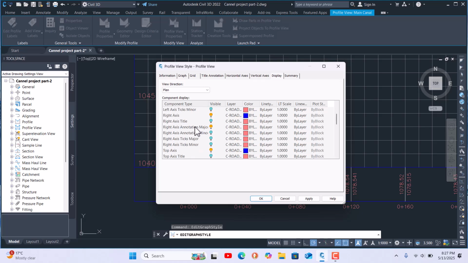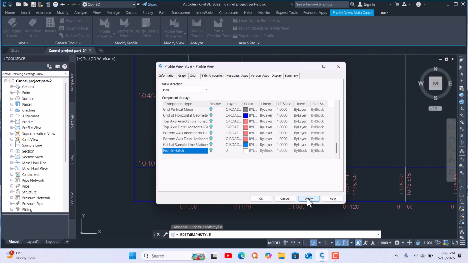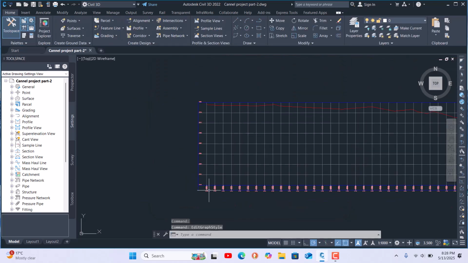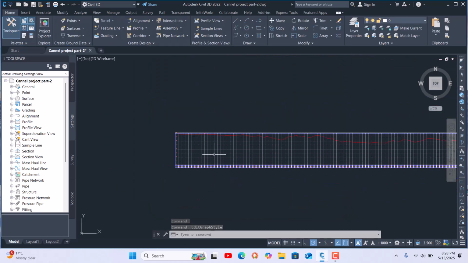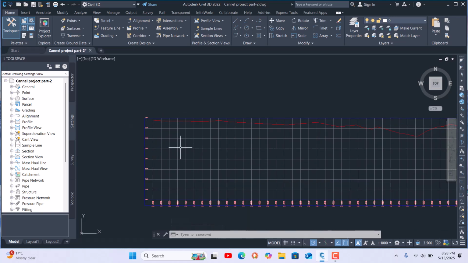And here you come directly to the grid. These are more things we'll explain in another chapter. So come to the grid: horizontal major is okay, but minor I don't want. And for the vertical grid I want major, but I don't want minor. So just click once here to turn off the layer. And here we don't have a profile hatch and we don't want it, so turn it off here and apply, say okay. Now see it's looking somehow nice, and the file is not very heavy and visible, very good.